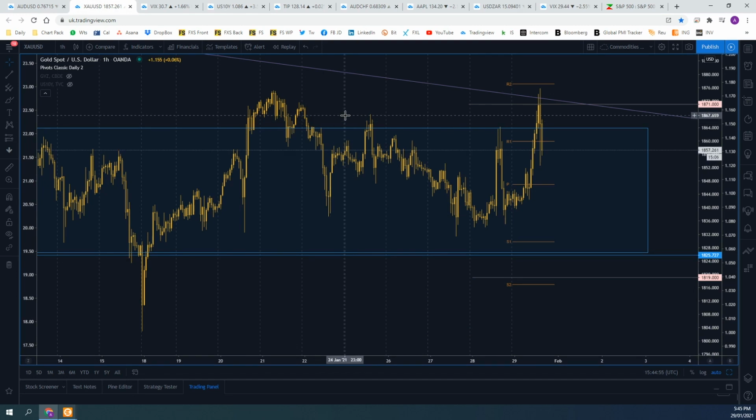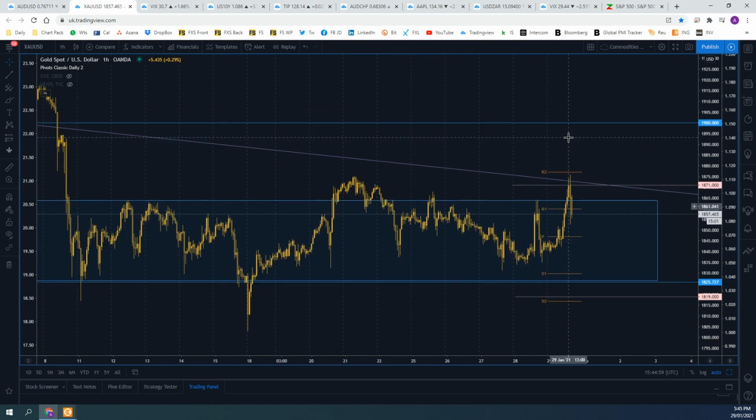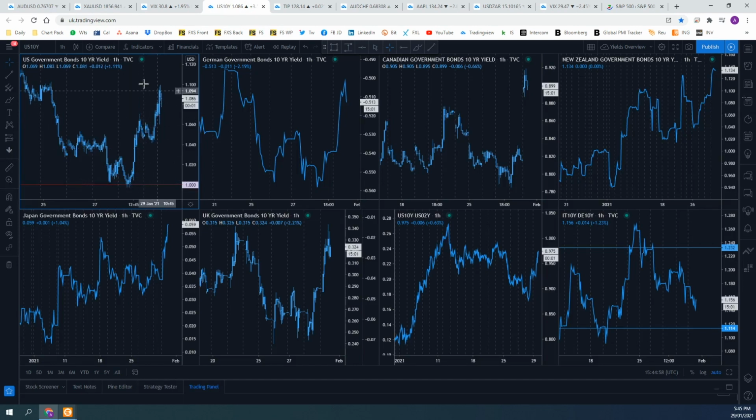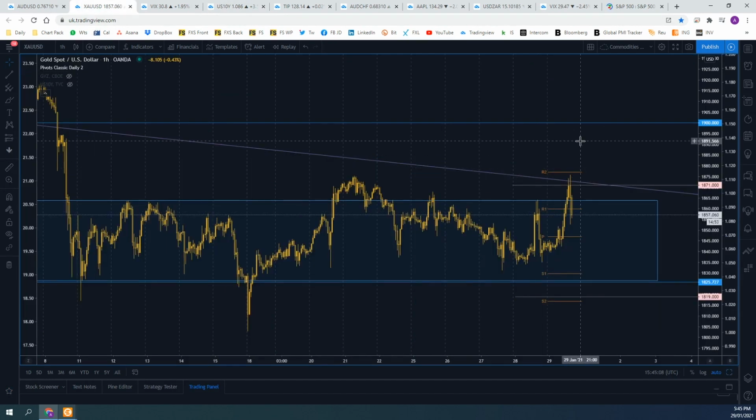For me, I thought, okay, this was interesting. I have that downside bias. It's moving into a key area of resistance at the top end of that range that it's been stuck in recently. While US 10-year has been moving higher, I didn't see that move being sustained. So what I did then is I basically looked at,